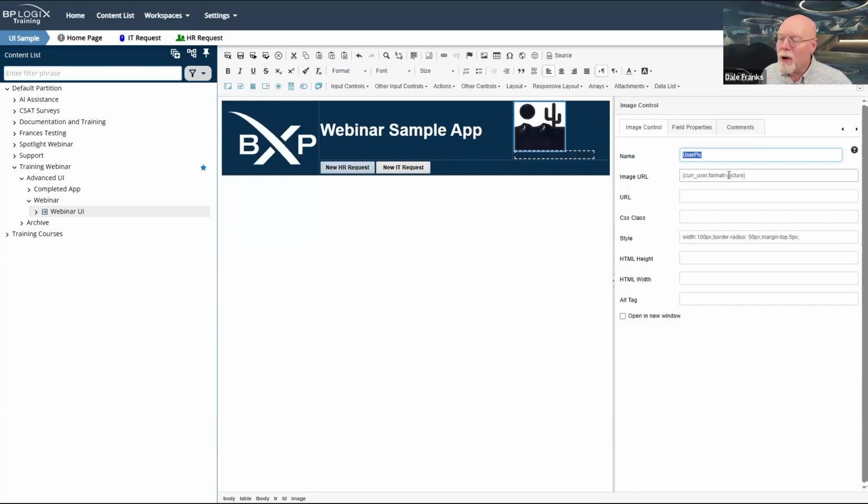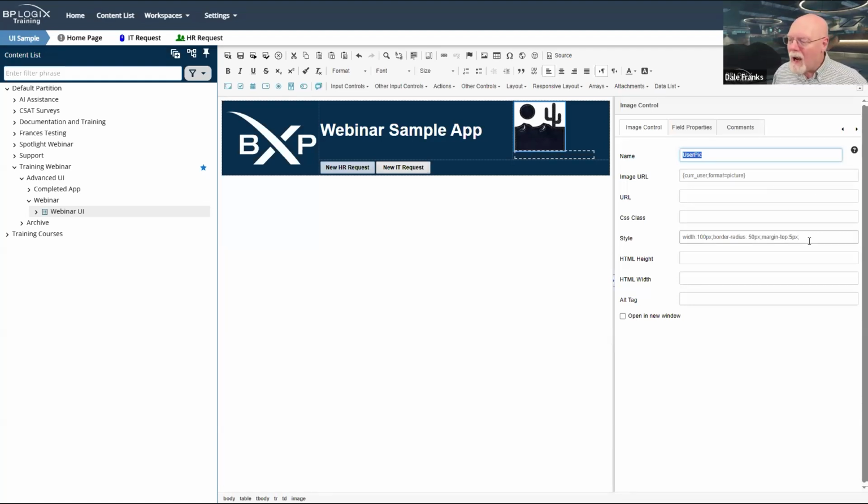If I use cur user, comma, format equals picture, then what Process Director returns is the URL of the user's profile picture. And so just putting that system variable in as the image URL with format equals picture, will always return the profile image for whatever user happens to be looking at this form, which in this case is obviously me. So it's going to show my profile picture.